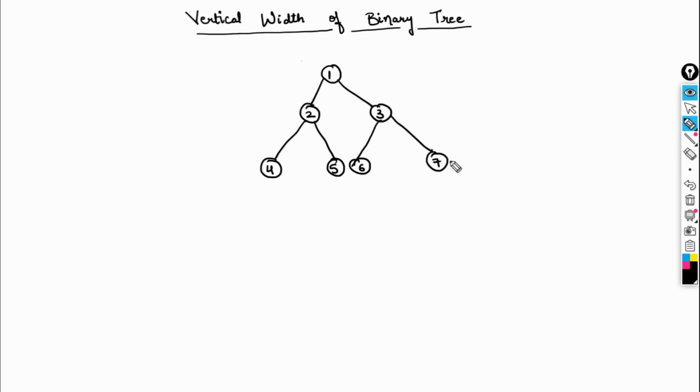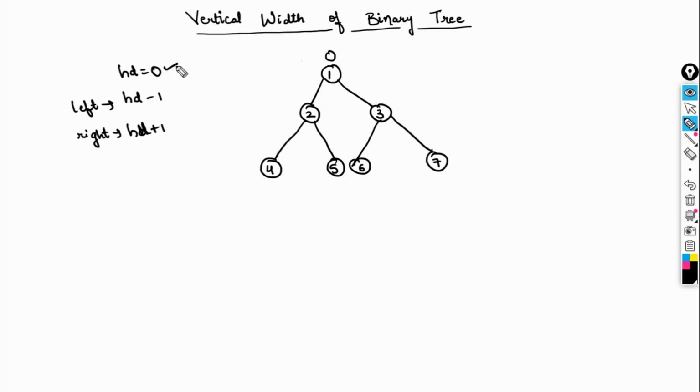Okay, say this is my binary tree. How to solve? The approach is to use the horizontal distance concept. Say I have taken a horizontal distance, and for the root it will be 0. So I'm saying that this is at 0, right? Every time I need to move to the left side, I have to do ht minus 1, and if I want to move to the right side, I want to do ht plus 1. Okay, this is what I need to do.